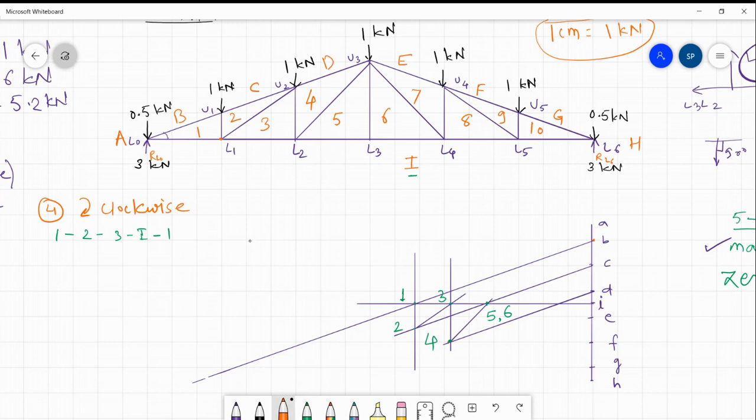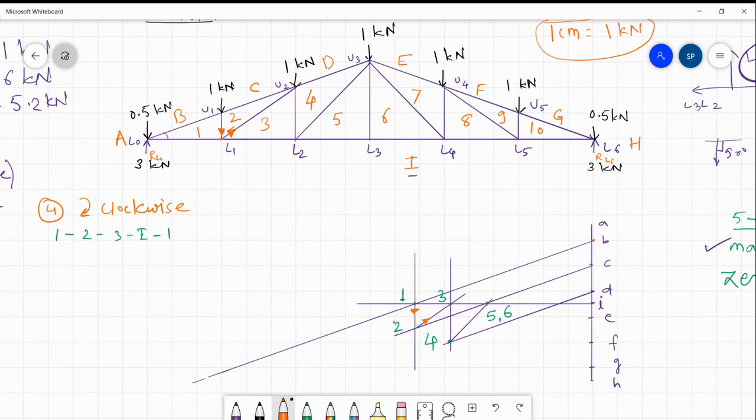Let's say first I have to move 1 to 2. So my 1 is here, 2 is here. So the direction will be like this. So the direction will be downward. This is the direction. So same, you have to take arrow direction at this location as well. So this is the direction of arrow here. Next 2 to 3. So 2 is here, 3 is here. So mark this arrow. Now same arrow direction you are supposed to mark here as well.